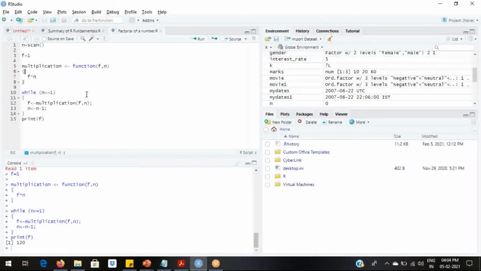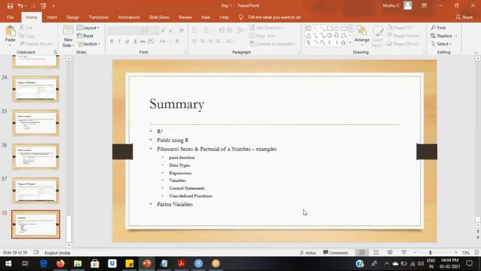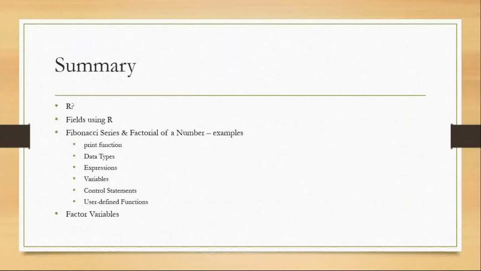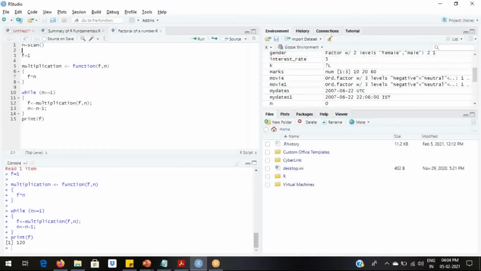So here too we can see all the concepts that we have seen so far being used. So first, this print function, we are printing f.